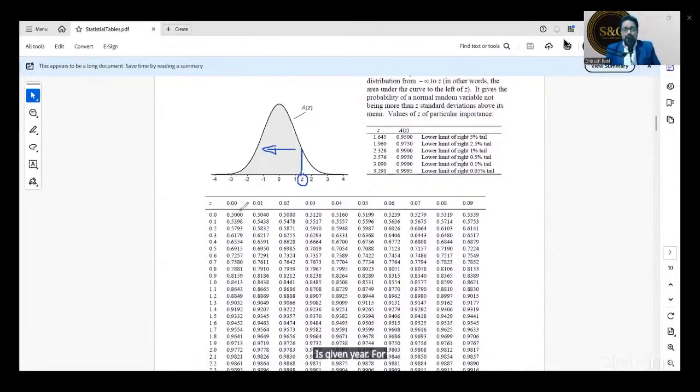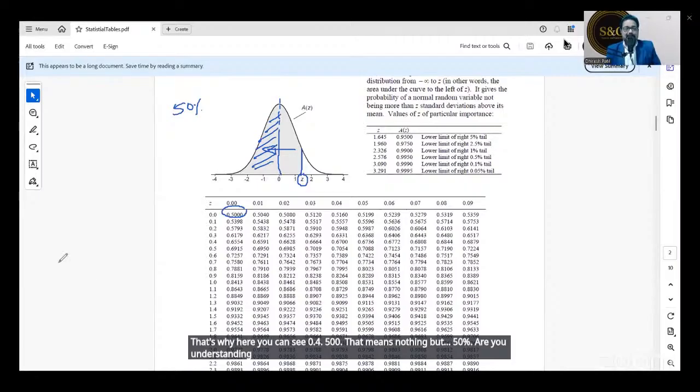When z is 0, it comes exactly in the center, which means 50% of the area is under the curve. That's why you can see 0.500, which is nothing but 50%. Are you understanding this? Just type yes in the chat box.